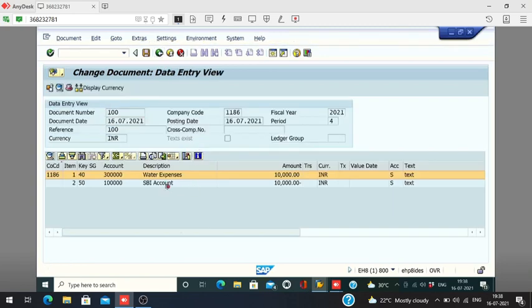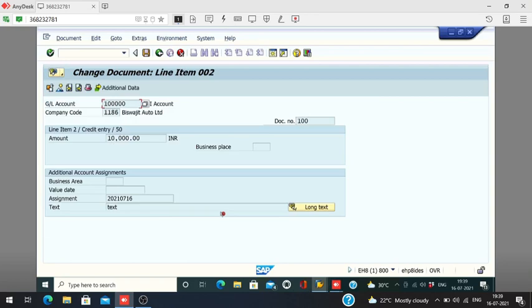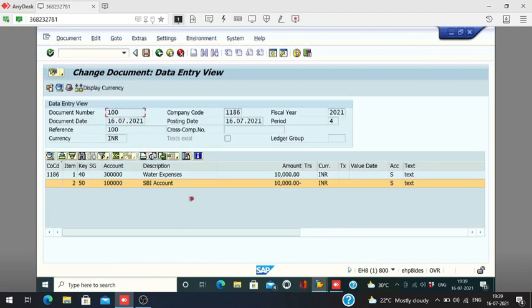all the things, because okay, so you can change specific field, not every field. Okay, because you cannot change the GL account, you cannot change the amount, you cannot change the debit credit posting key.